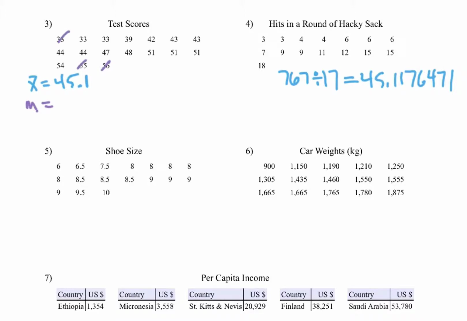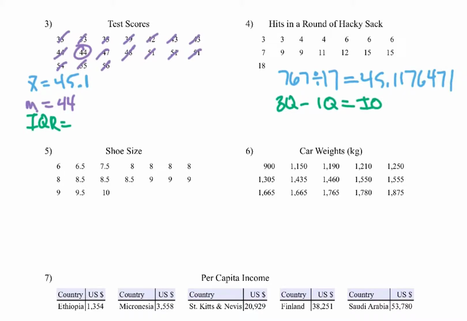So I eliminate the highs and the lows until I come up with one that's in the middle. Oops, I think I did that one too many times, right? There we go. So then we end up with 44 as our median. Okay, with that, now we find that interquartile range, right? IQR. We take the third quartile, we subtract the first quartile, and that's what's going to get us our interquartile